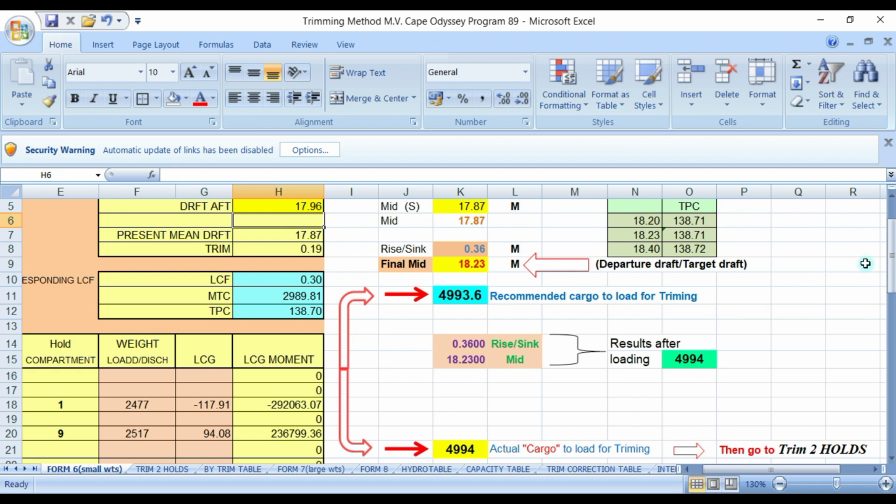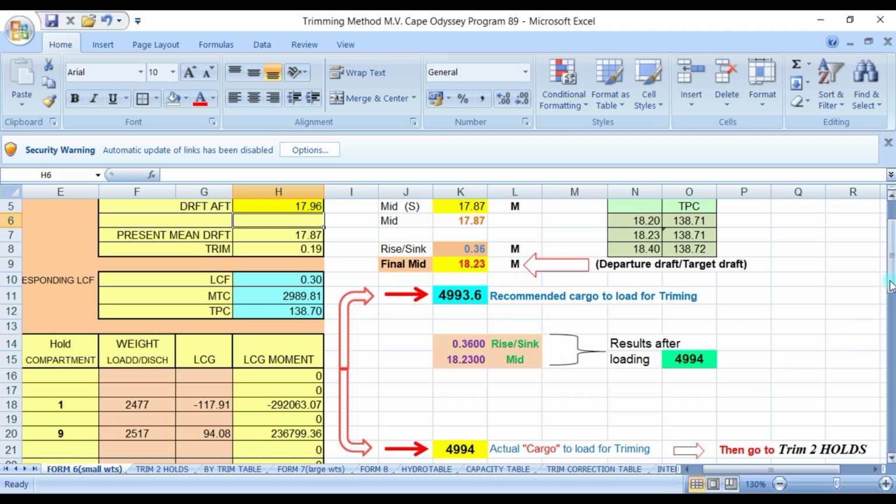Okay, so just follow the arrow, then here you put 494. Okay, what happens if you load the 494? Look at the mid draft. 18.23 is the same with the final mid draft, and the sinkage 36 centimeters is the same with the sinkage here.